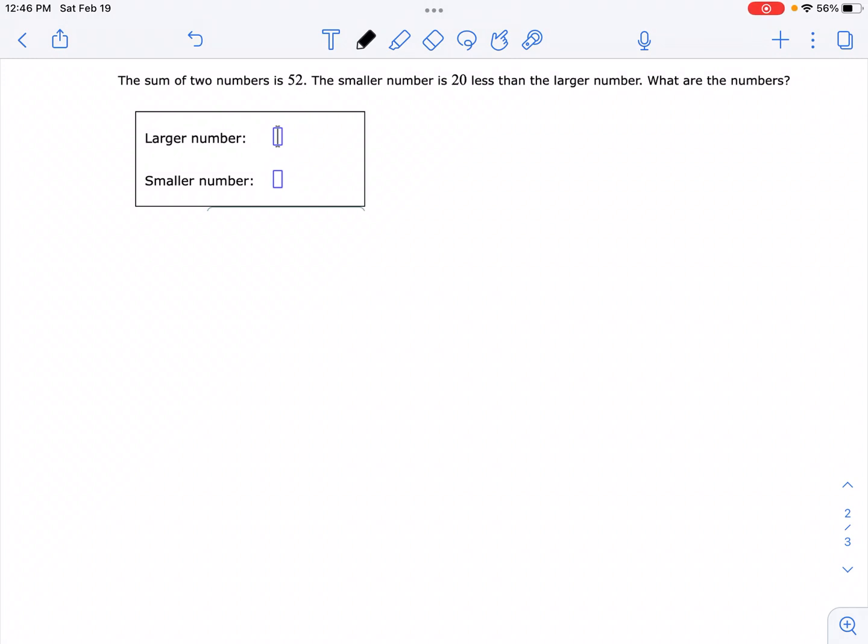Okie dokie. So in this video, we are looking at a pretty typical kind of problem that pretty much all curriculums will use when they deal with systems of equations. You will see problems like this on your state exams. You'll see problems like this on the ACT. You'll see problems like this everywhere, and they completely, and to be honest with you, I think needlessly confuse students